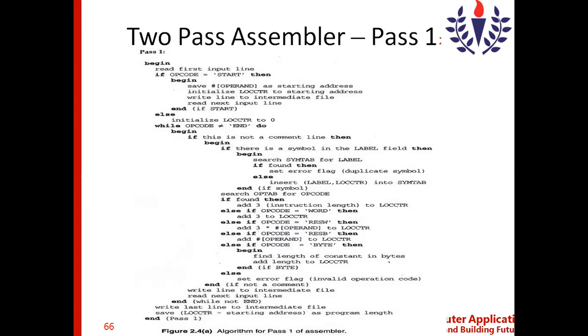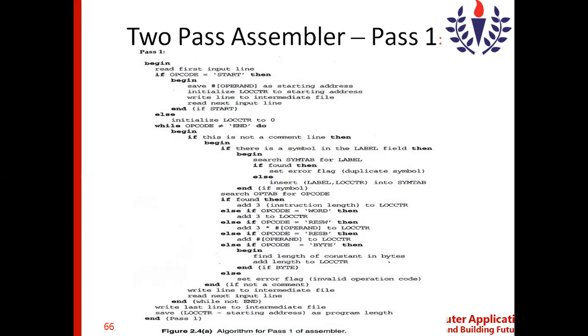So this is one part. In this place, the symbol table will be created, and when there is a symbol in the label field, the entry is automatically added into the symbol table. Now, moving on to the next step: search optable for opcode.